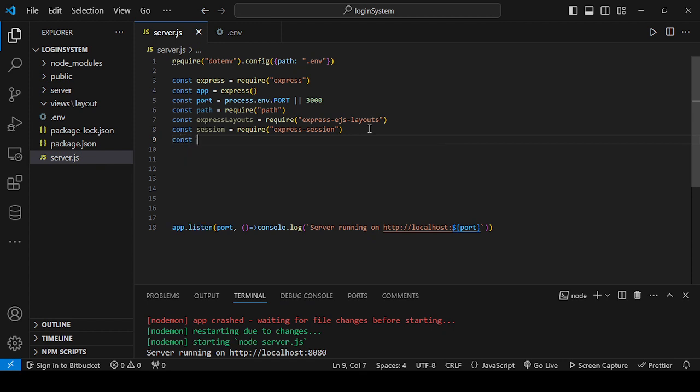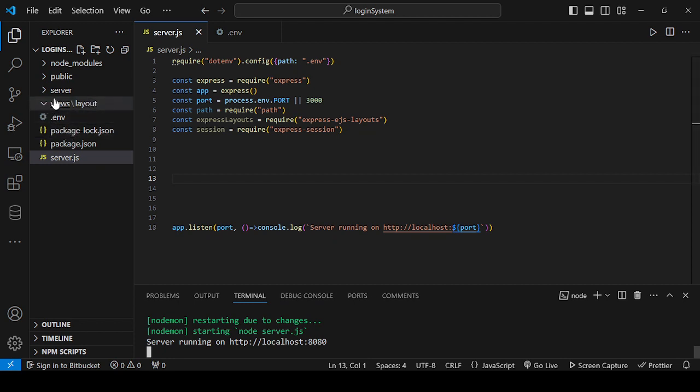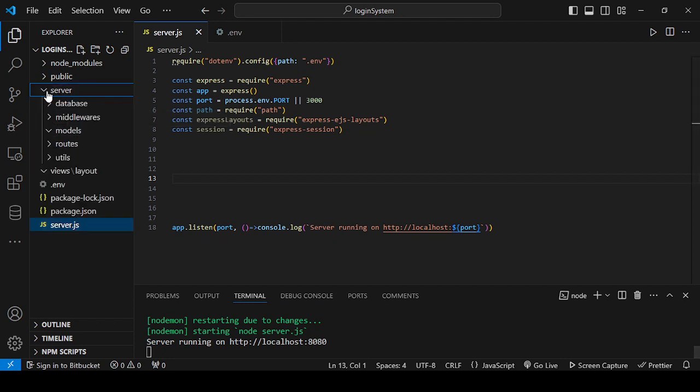Passport, or we can leave this for now because we have a lot of things to do. So after this, our server is still running well, no errors, but I just brought in these basic things we need. So here I will go to my server and go to model,